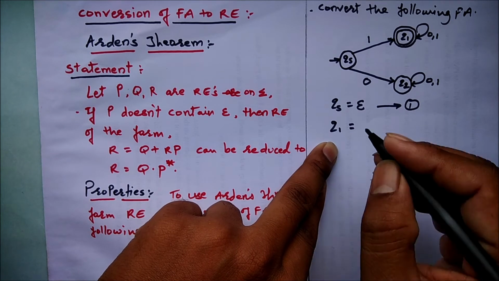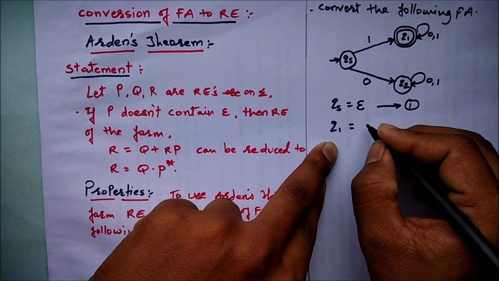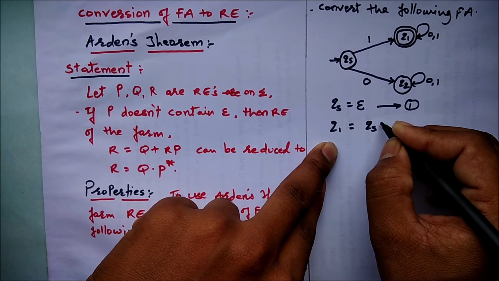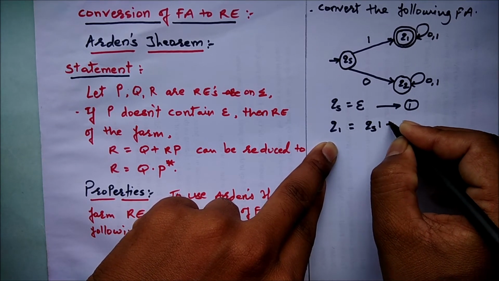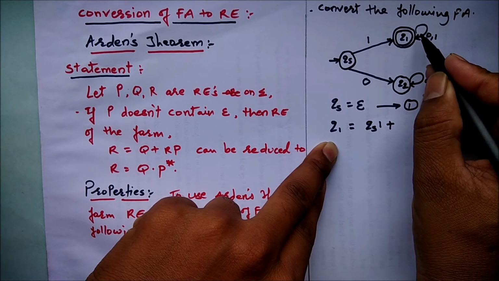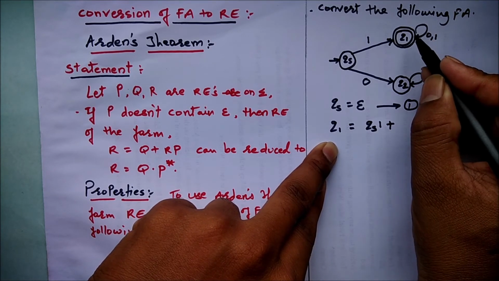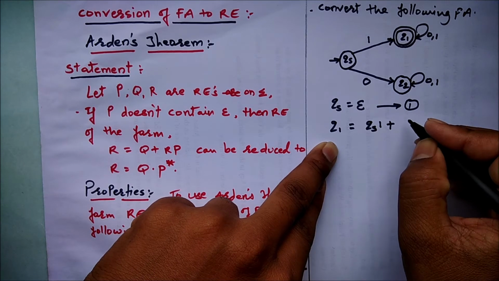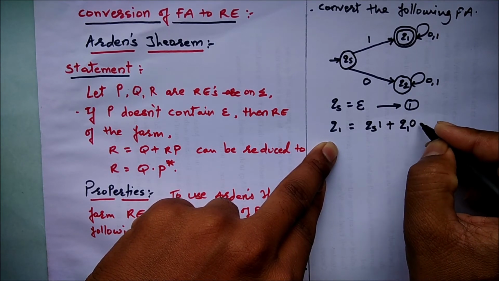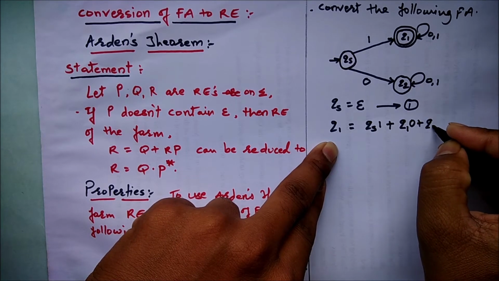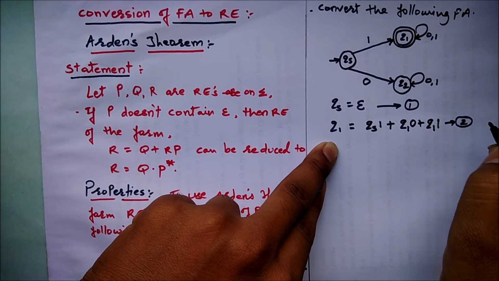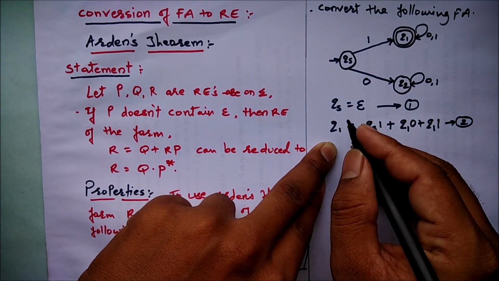So what I can write here, say QS is transiting with input 1, plus you can see that on the Q1 state, Q1 is transiting to Q1 only with inputs 0 and 1. So I can write it like Q1 is transiting with 0 and Q1 is transiting with 1. So I will name it as equation 2.